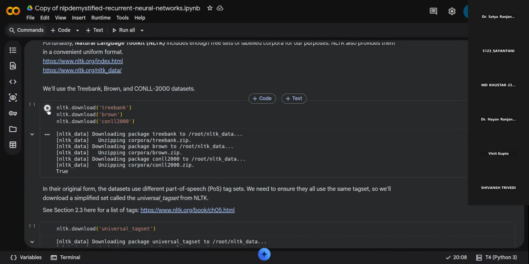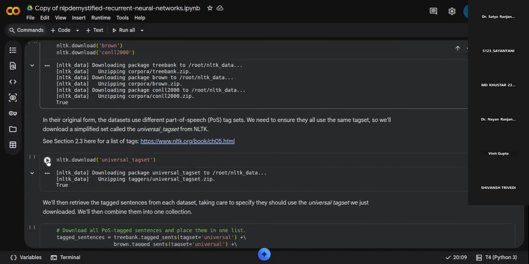Okay, so let's download them. So we have downloaded Treebank, Brown, and CoNLL 2000. One problem with these three data sets, as we are going to use them combined, is that they have their own type of part of speech tags. Sometimes some contain noun, some contain different types of noun. So different part of speech tags are there. To make them into one, there is a universal tag set present in NLTK. Let's download it and apply that universal tag set to all these three